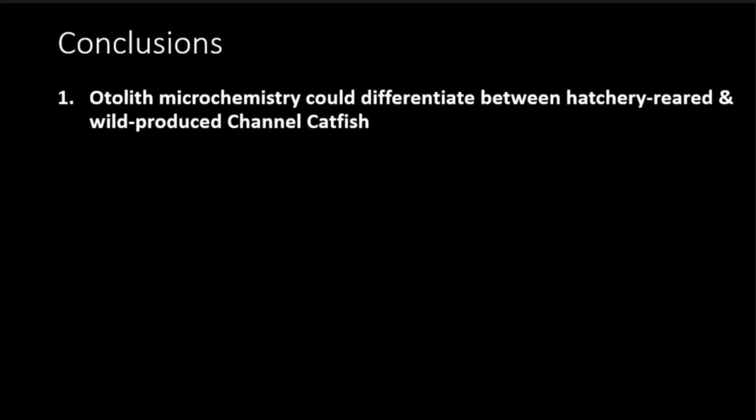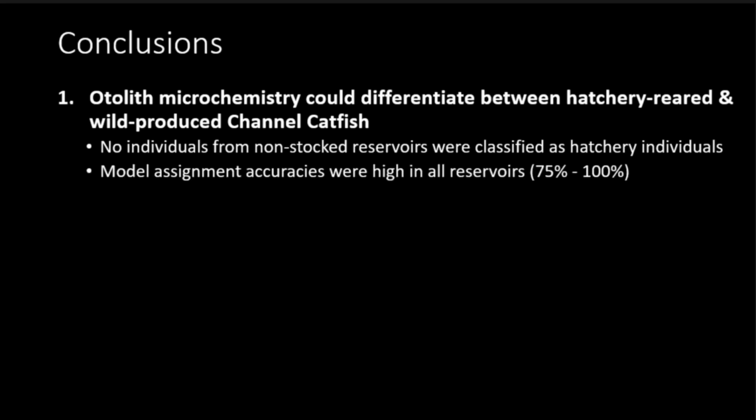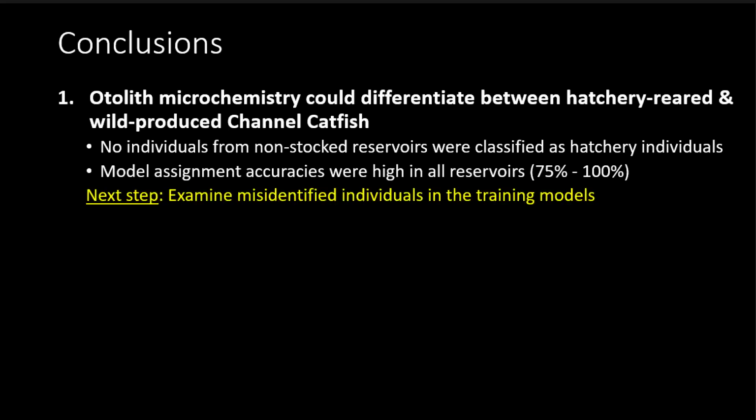So then just getting into the conclusions, otolith microchemistry was able to differentiate between hatchery reared and wild produced channel catfish individuals. No individuals from the non-stocked reservoirs were classified as hatchery individuals, so that's a good control for us there. Our model assignment accuracies were all high across our reservoirs, anywhere from 75% to 100%, so really confident in those models. However, we did see some of those misidentified individuals in some of the training models, so I want to go back and look at those misidentified individuals to understand whether they were from one cohort, if they're older fish, if they're younger fish, to see if there's a pattern in those misidentified individuals, to see why we're getting some of those